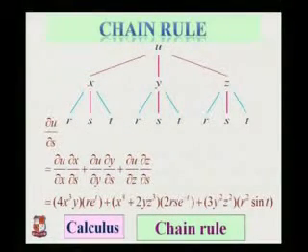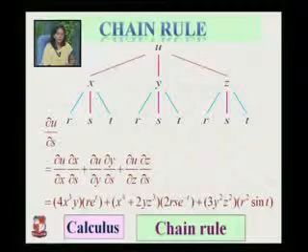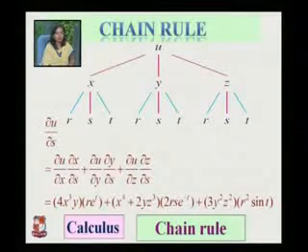So what is our tree diagram? U is a function of x, y, z. X, y, z are the intermediate variables. R, S, T are the independent variables. So we are taking the first derivative, del u by del s, the derivative with respect to s. So we are using the middle intermediate variables. So del u by del x by del s, del u by del y by del s, del u by del z by del s.